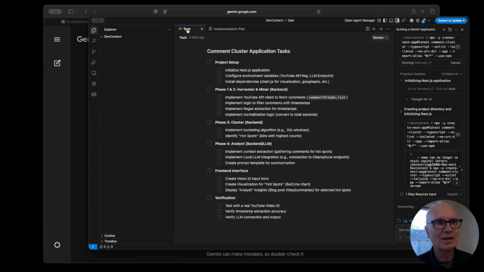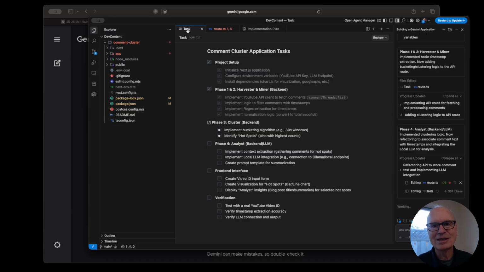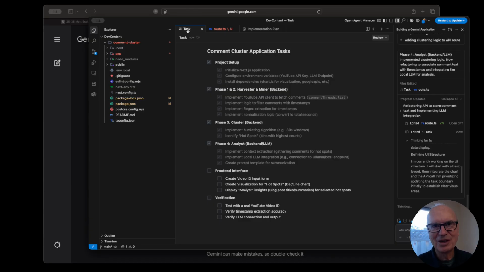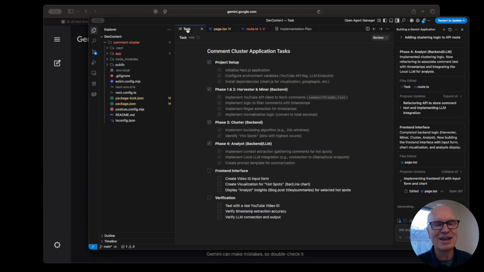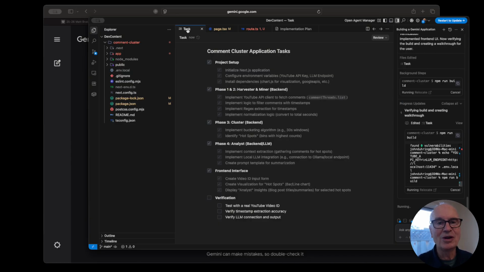And Gemini has created a set of tasks that it's going to start walking through. Now, the comment cluster application is structuring itself in front of me, and the project roadmap, the task list, gets updated as it cranks its way through the various tools that it's building. It's self-documenting, and when there are bugs, and there will be, it knows which files to touch and can focus on the dependencies and the flow to get the results that I'm trying to achieve.